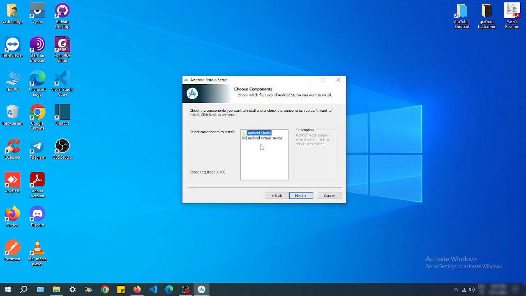And we can select here which component to install. Of course, Android Studio is a necessary component, so we will install the Android virtual device here also. It will help us to test our application without the real device. Now click on the next